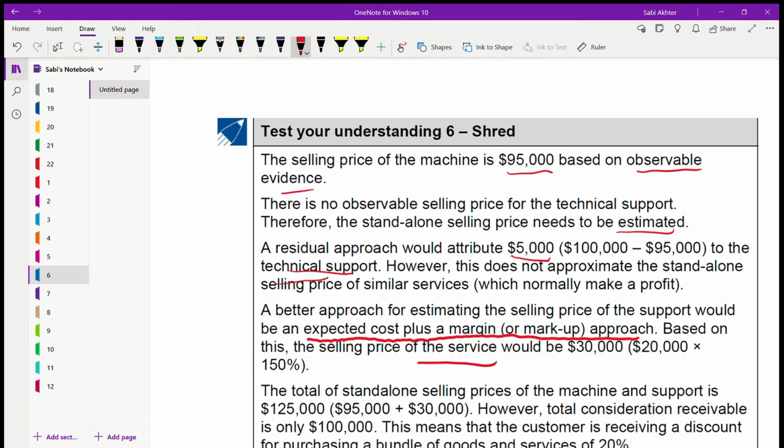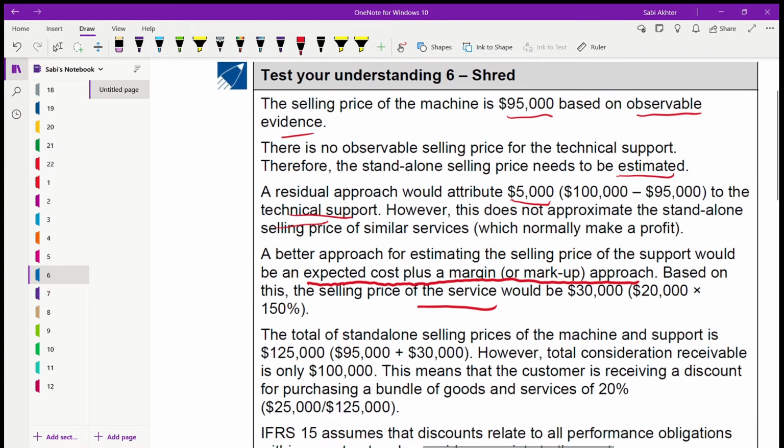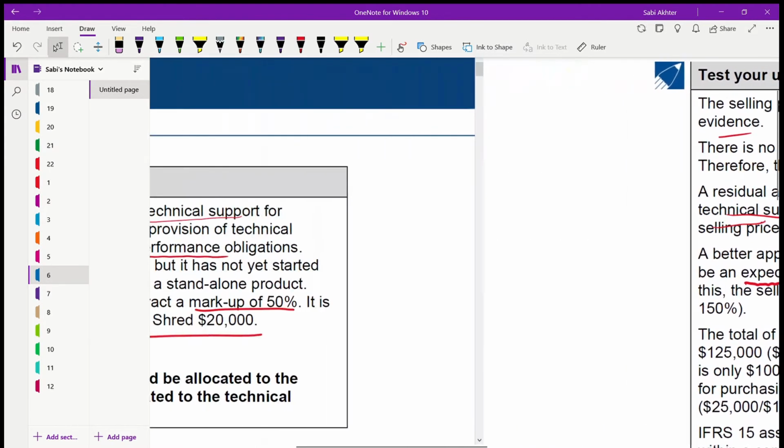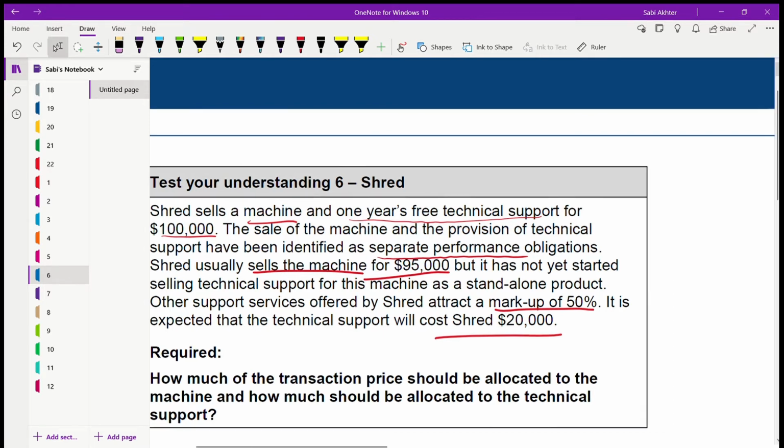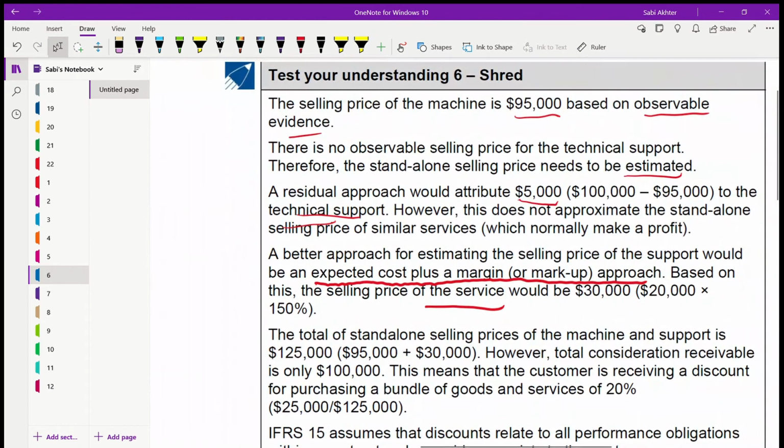Here you are not directly given the selling price. You need to find out the selling price of the service. How are you finding it? 150% of 20,000. They told us the expected cost, an estimate, is 20,000 and the markup is 50%. So you are adding 50% to the cost. Cost is 100, markup is 50. That's why 150% of 20,000, which is 30,000. So you can say that this will be the selling price